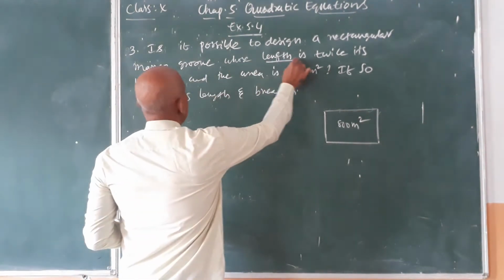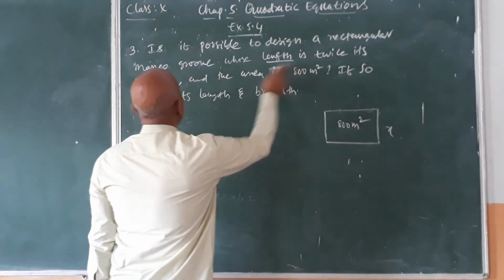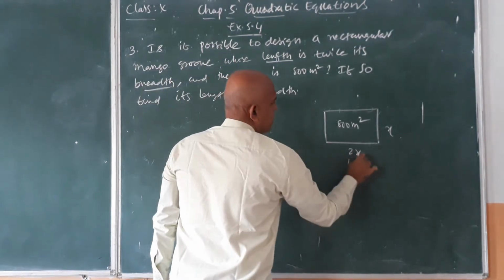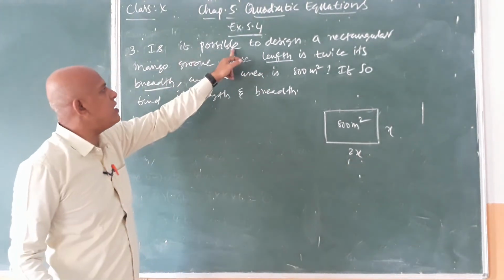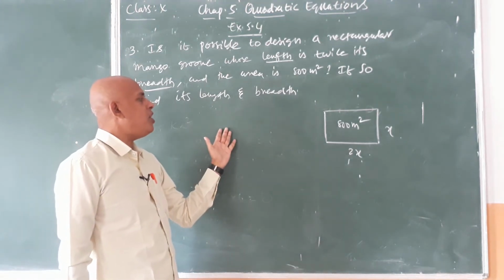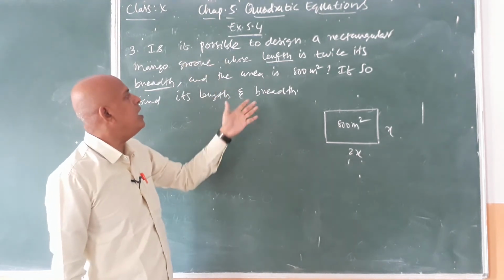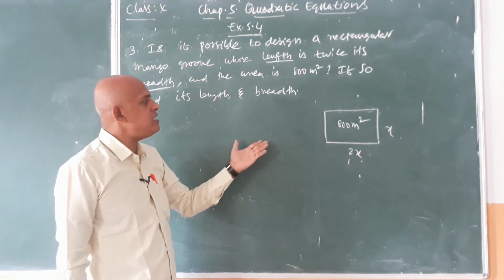So length depends upon the breadth. So let breadth be x. Then length is twice its breadth, so let us take it as 2x. Is it possible for the situation means we have to find the discriminant value. If the discriminant value b square minus 4ac is greater than or equal to 0 only, we can find the length and breadth for the given situation. Otherwise, if it is less than